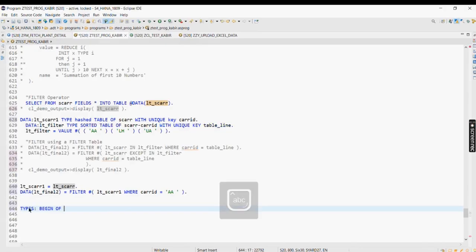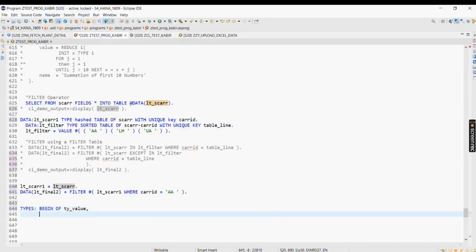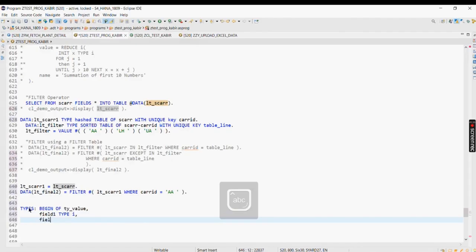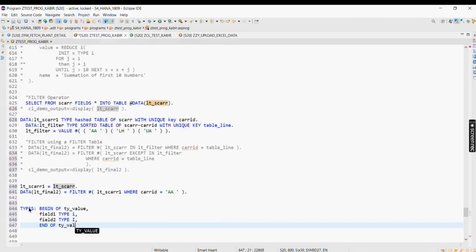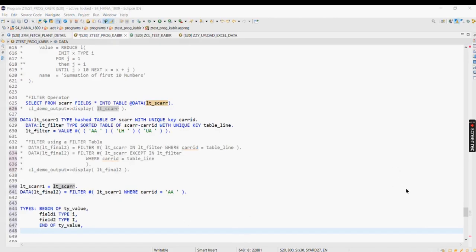So types begin of, and what I'm going to do is ty underscore value, field 1 type I, field 2 type I, end of ty underscore value, and now I'll give it a